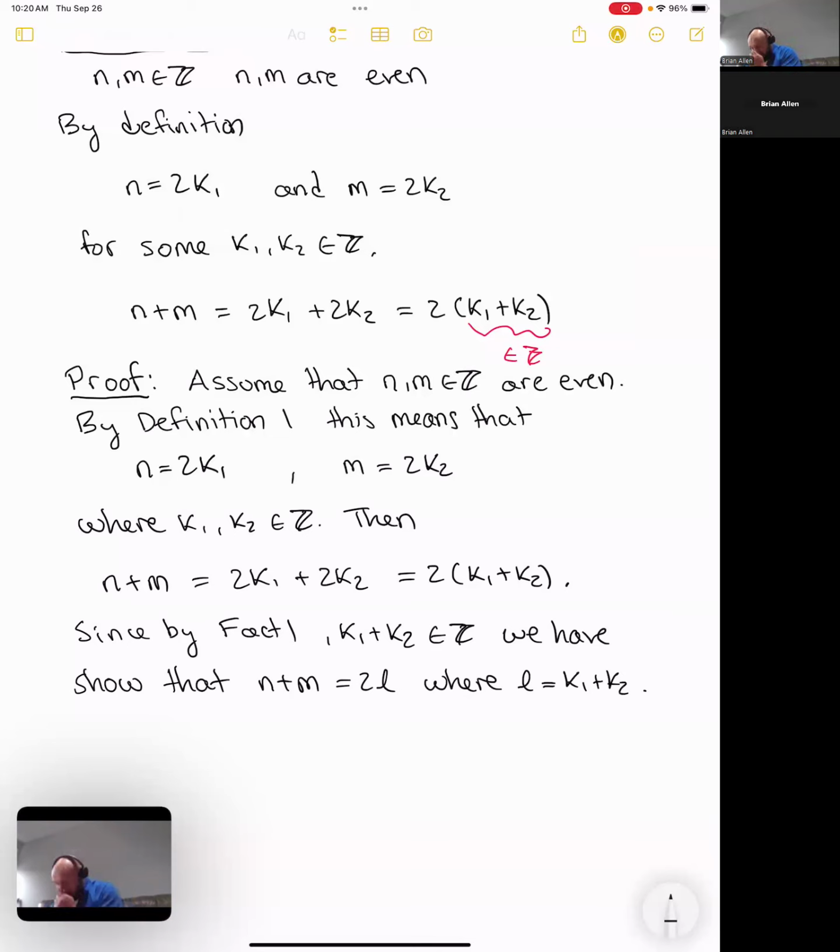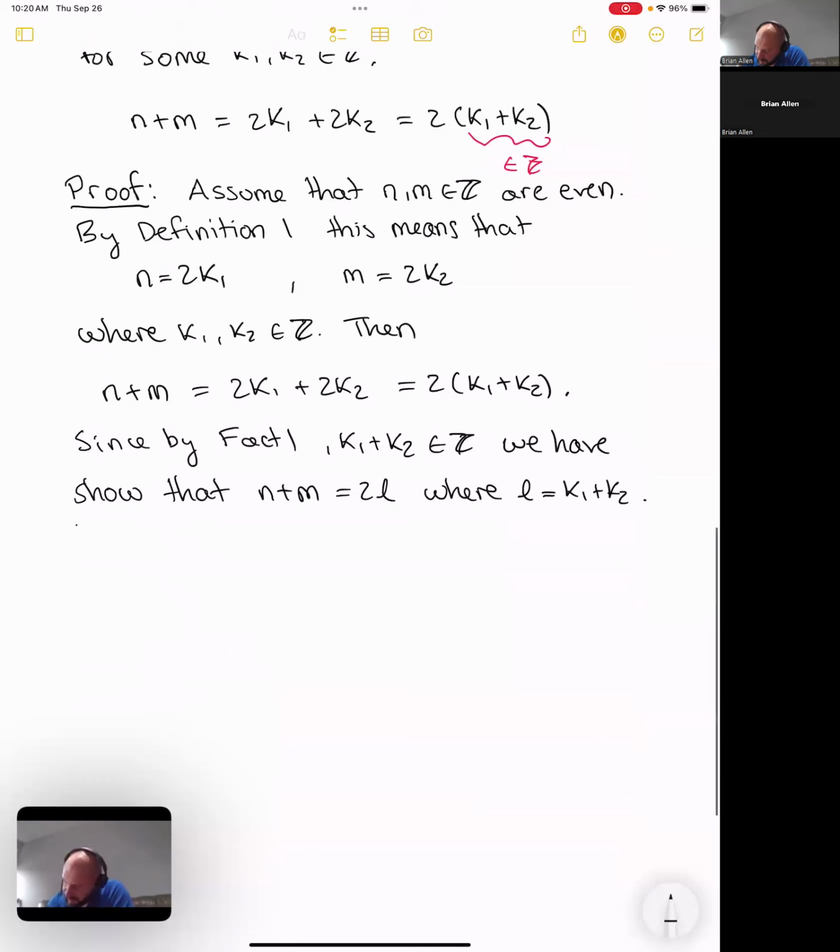Okay, so this part, I will argue, is not necessarily needed to be in the proof, but we chose to express the fact that we can write n plus m as 2 times an integer L. We think maybe we want to express it this way because we think it'll make it clear to the reader. And now we just want to wrap things up by saying that, therefore,